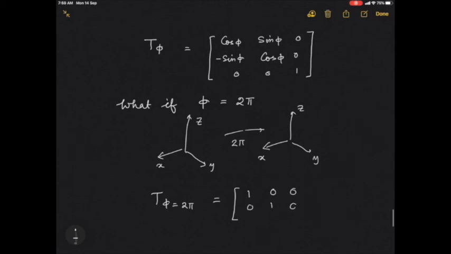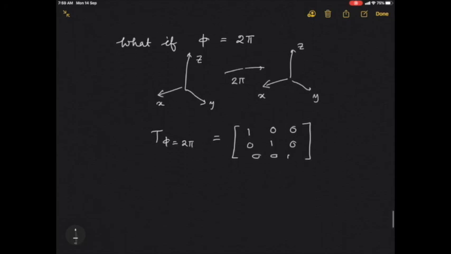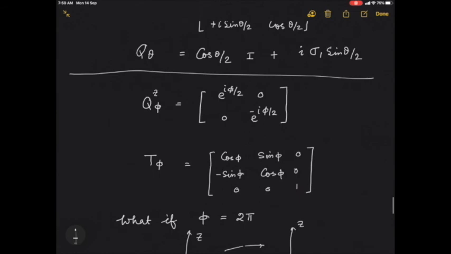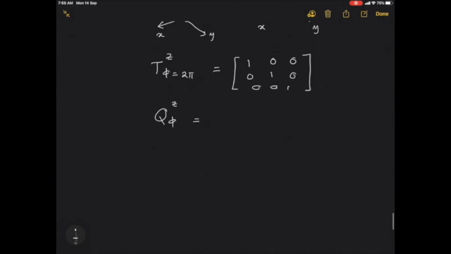Cos phi is 1, sin phi is 0. Which is what I expect. The complete 2 pi rotation should bring us back to the original form. What about q phi? Well, these are all z rotations, so I may put a z over there. And q phi is having a pi by 2. So I get e to the i pi